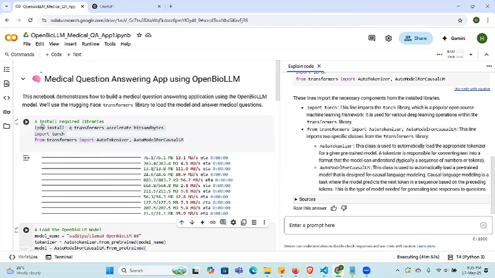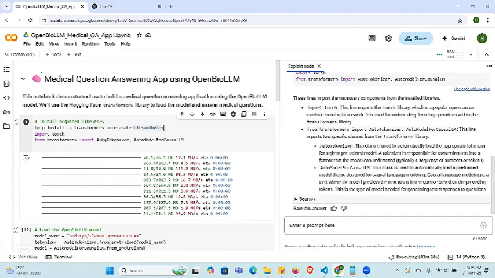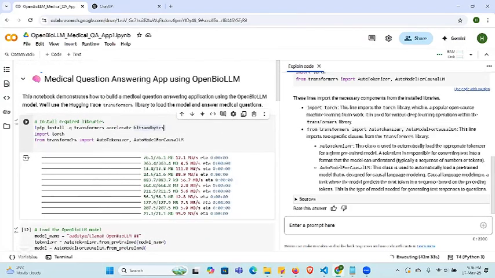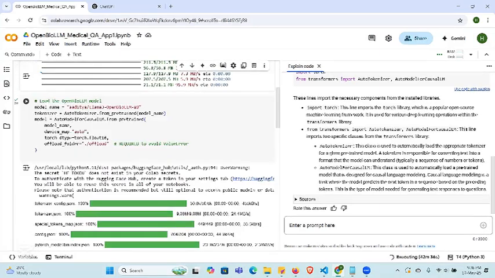In any application like this, you have to install the necessary libraries. With this command, you can install these libraries, and then you have to import whatever packages you need from those libraries. That's why we put the import here, and we import torch, from transformers import auto tokenizer. Likewise, we do all the necessary installation and then all the imports. And here in this